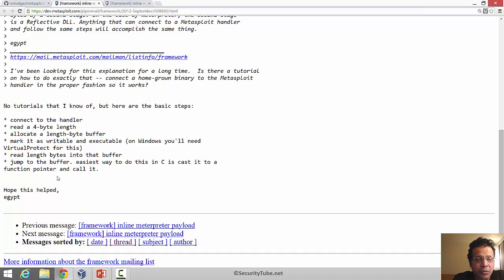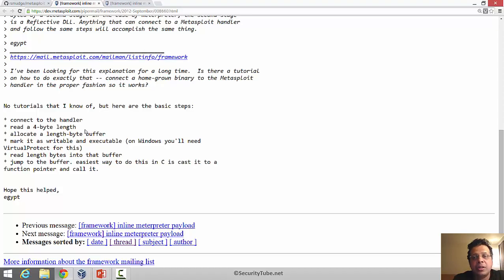Egypt, one of the core developers of Metasploit, mentioned that if you write any program which connects to the handler, this is really your exploit multi-handler running on the Metasploit side, and reads the first 4 bytes, which are actually the length of the DLL or the payload to come, and then allocates a buffer of that size, copies the payload in there, and then just passes control to it, it would function as the stage 1 of a